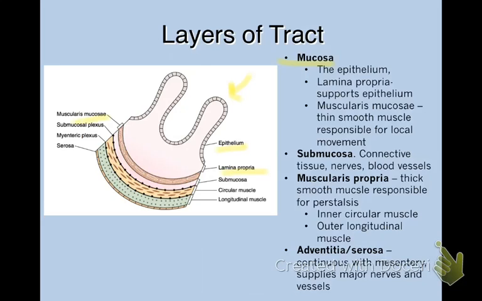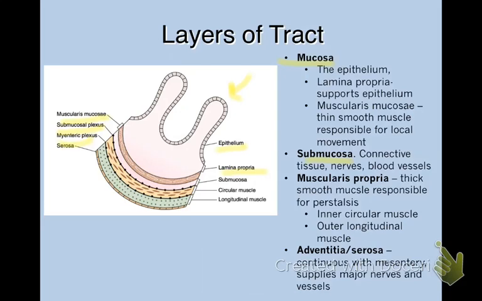and the muscularis mucosa, which is the smooth muscle responsible for local movement. So what's called segmentation, which is the breakup of pieces and moving within the section that we're talking about. Then we have another section called submucosa, which is basically just connective tissue of nerves and blood vessels. And we can see that there is some nerve stuff going on here, the submucosal plexus and the mesenteric plexus, which I'm not going to get into,